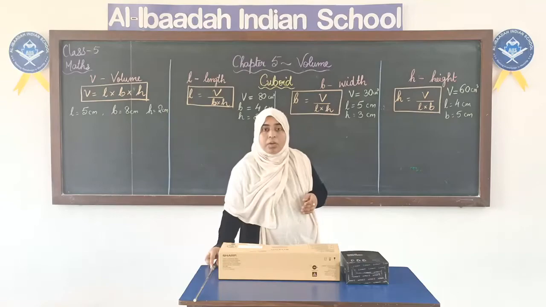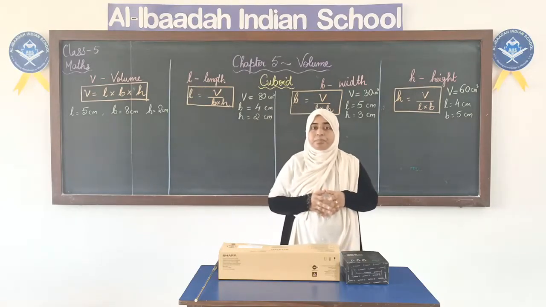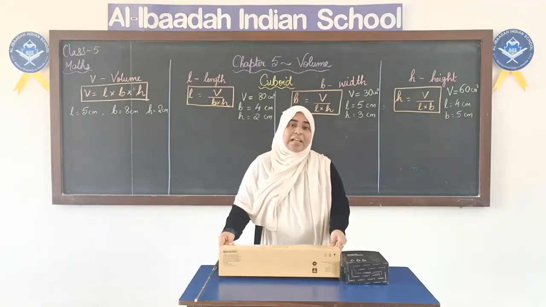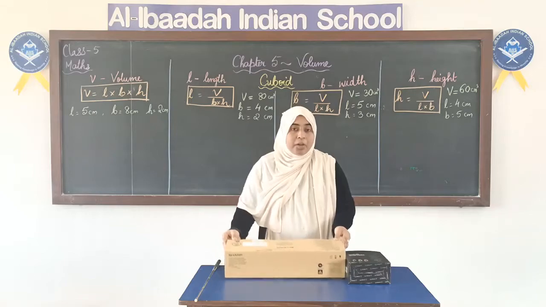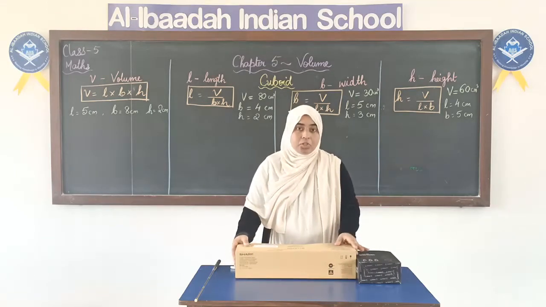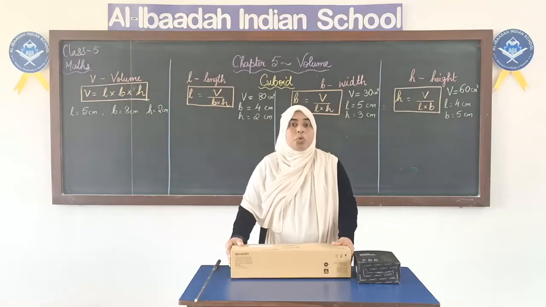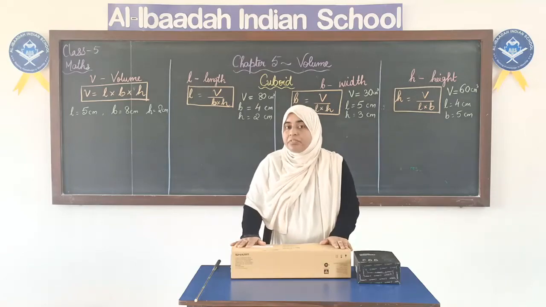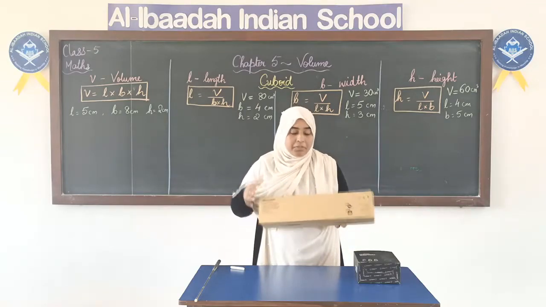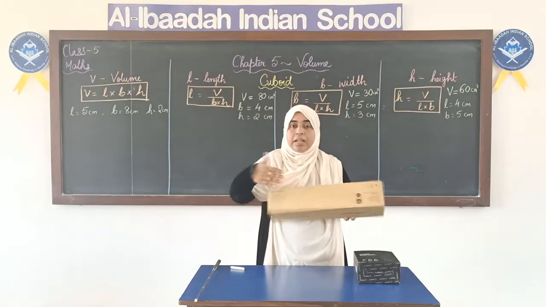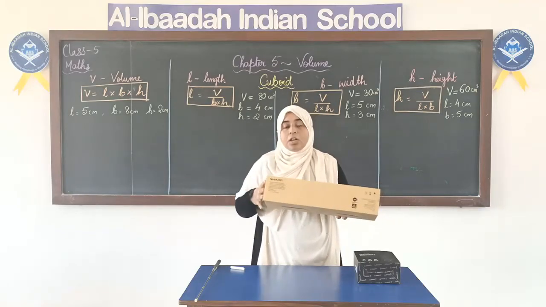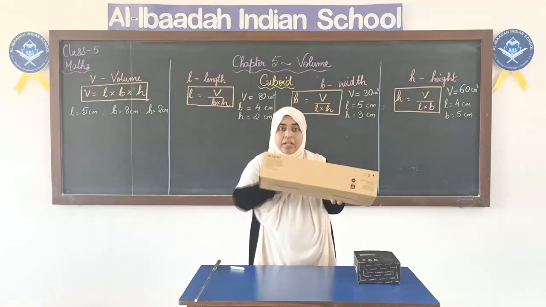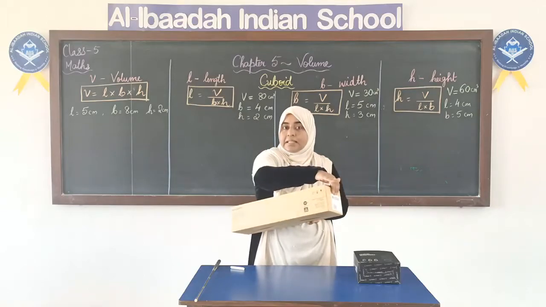Now cuboid, what is a cuboid? Have you seen a cuboid? On my table you can see I have a box over here which is an example for a cuboid. Now cuboid means it's a solid figure or a solid shape where it has more than one surface. Surface means the face of the figure. Now this is one surface. Okay, like this it has many surfaces. A cuboid has total 6 surfaces. 1, 2, 3, 4, 5 and 6.